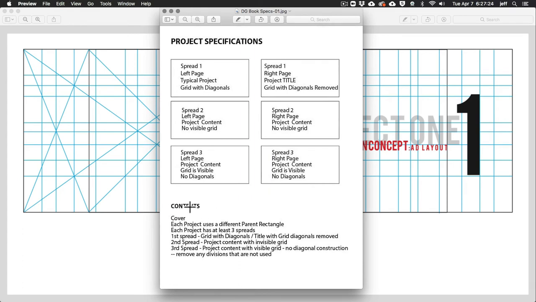Okay, so your contents include a cover, so the entire PDF document will have a cover that talks about project 4 and the dynamic grid and whatever, and we'll see some options for that. Each project will use a different parent rectangle. Each project will have at least 3 spreads: spread 1, 2, and 3, 1, 2, and 3, and then